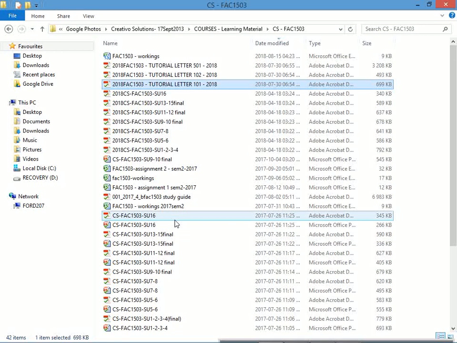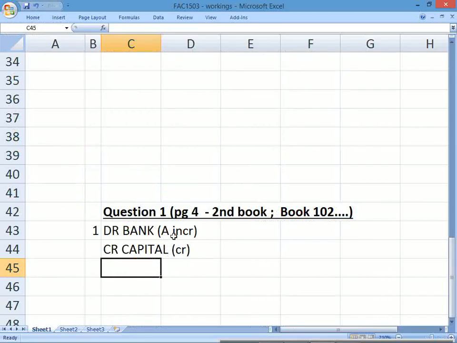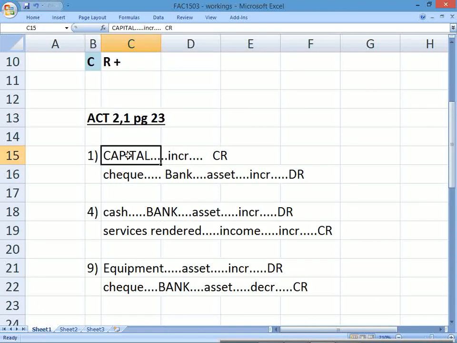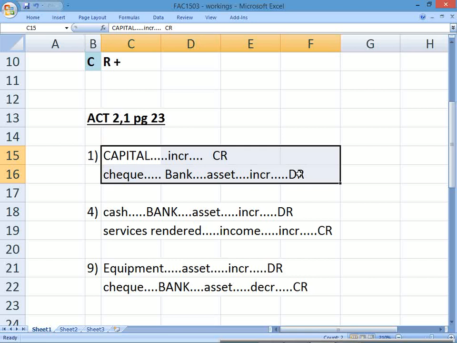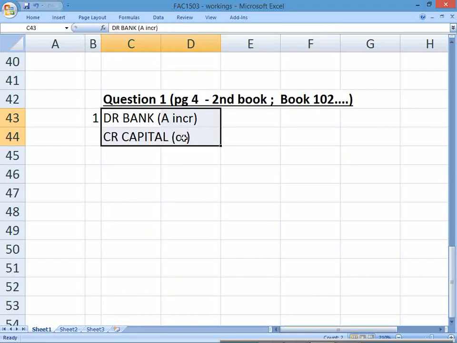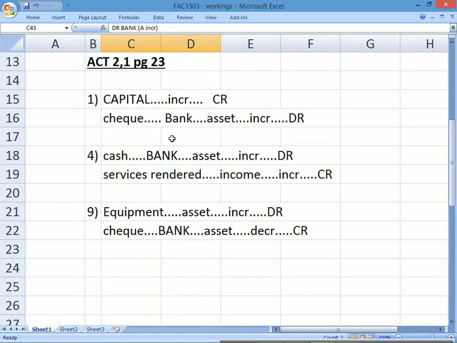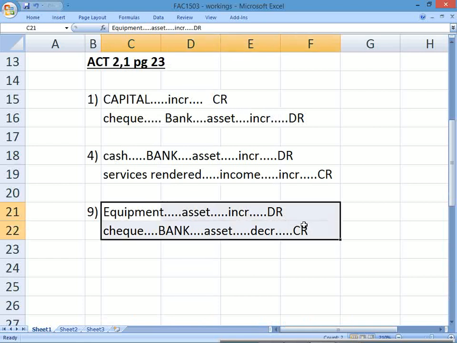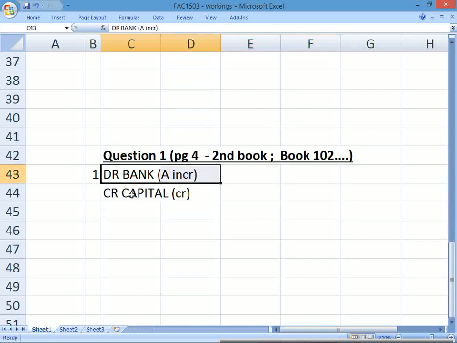So you've got that. Okay, that's ideally where you want to go. This is like all my thoughts splashed on that little page. This is a neater answer of the workings that you need to get. This isn't neat, this is just the step-by-step process: check, bank, asset, decrease, credit. Okay, right, this is what you want.